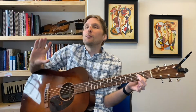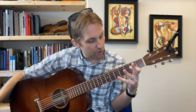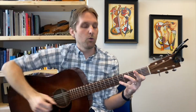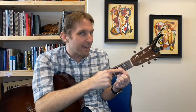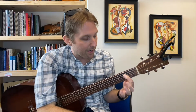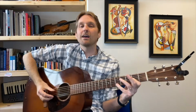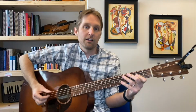And then here's the most fun part of the entire song to play. Your pinky is going to reach up to the 5th fret on the B string. It feels like that's a crazy stretch. You just need to get used to it. Watch this. A, 2, stretch, up. So it's still like an A. I'm still keeping my pointer finger in the same spot, but my pinky comes up to the 5th fret on the B string and adds that extra little pizzazz to the flick. A,